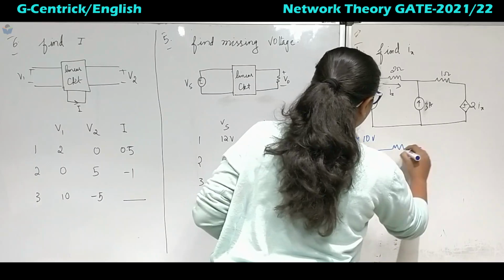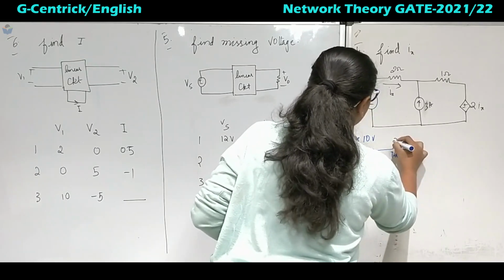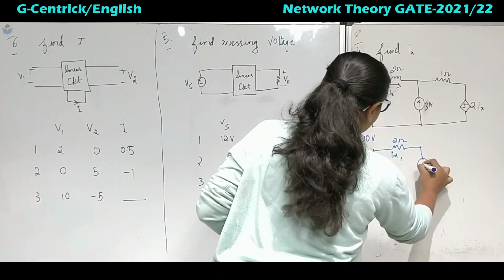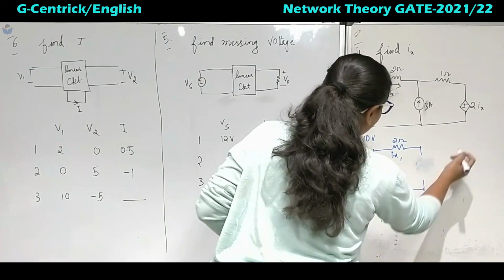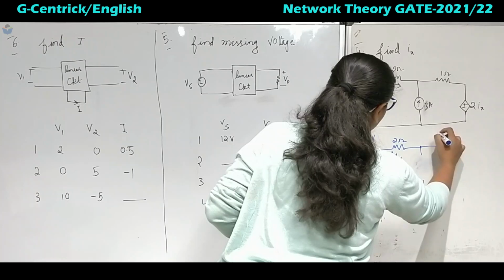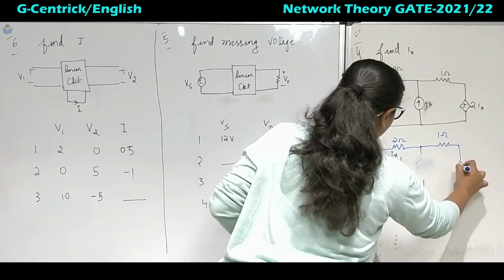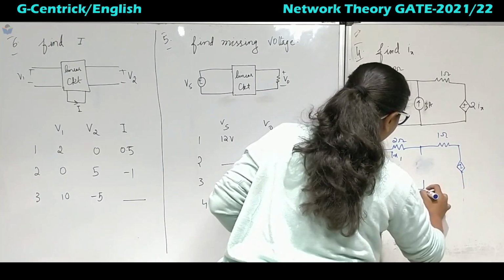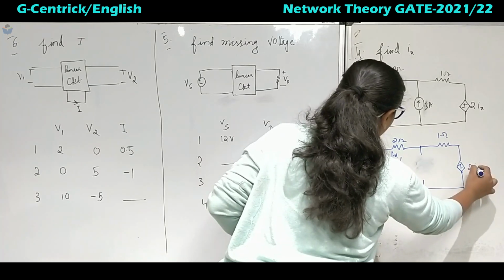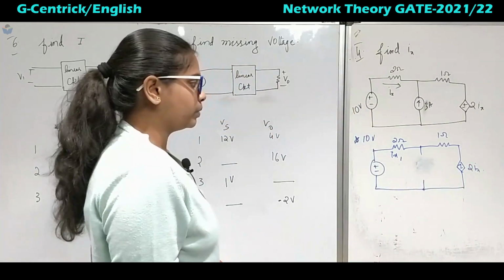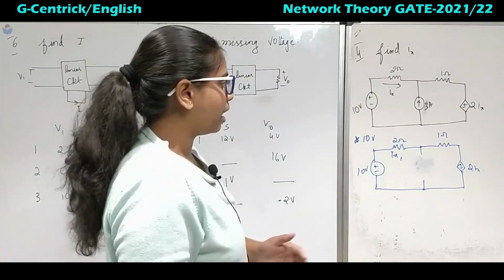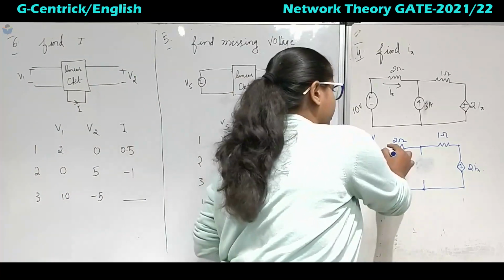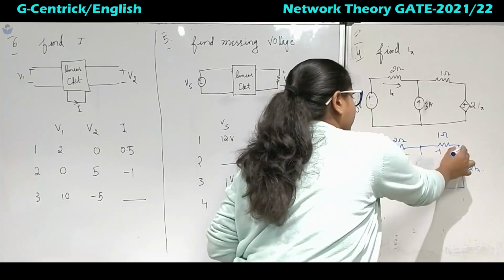Okay, so here it will be Ix1, this is 2 ohms. This will be open circuit. Okay, current source will be open. Then we have 1 ohm. Then we have got voltage source 2Ix. Okay, so now this is 10 volt. Okay, I can calculate this Ix1. So this is polarities, right?